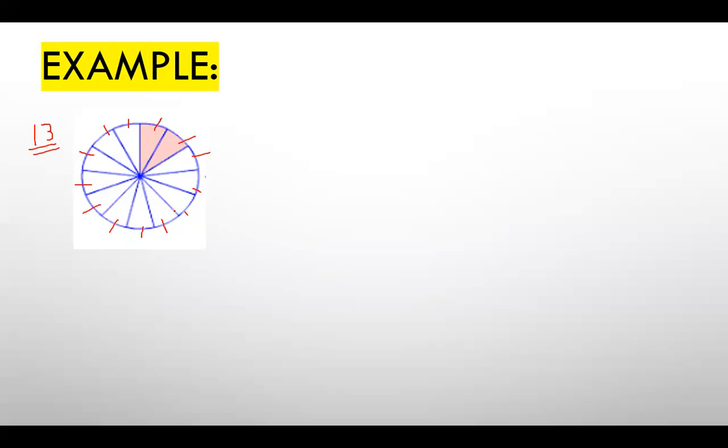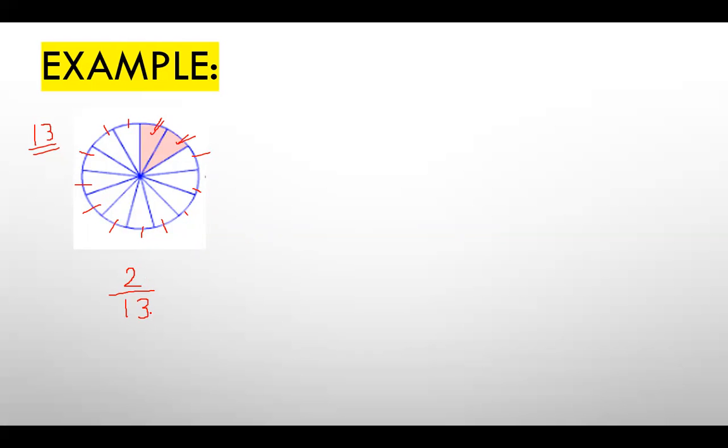If I say that one child has to come and paint 2 parts, so they will paint these 2 parts. How will I represent this in mathematical language? The child has painted 2 parts out of 13 equal parts. So its fraction will become 2 by 13, because the child has painted two parts out of 13 equal parts. In this way, we represent the fraction as numerator and denominator. It means that 2 by 13 parts are there in the fraction.